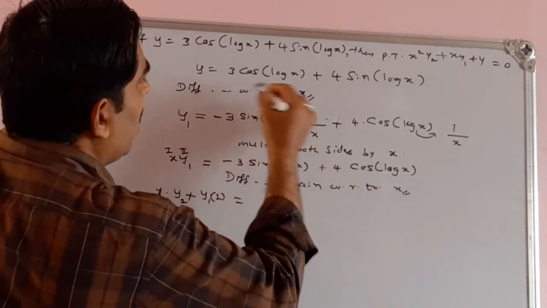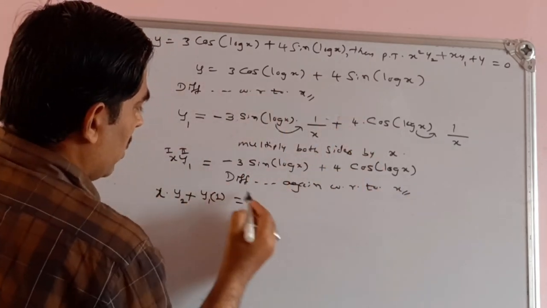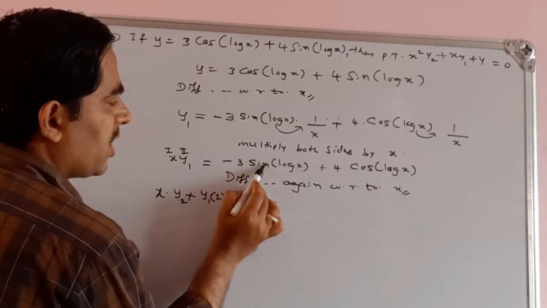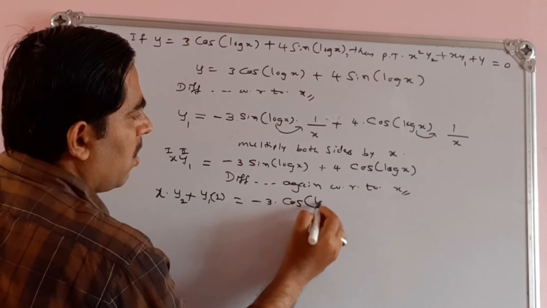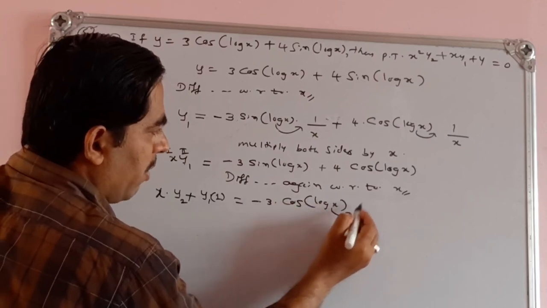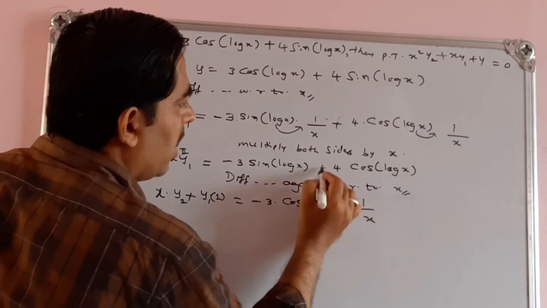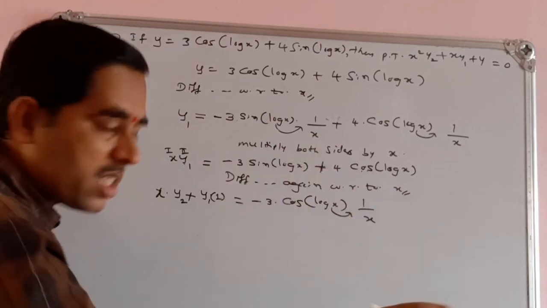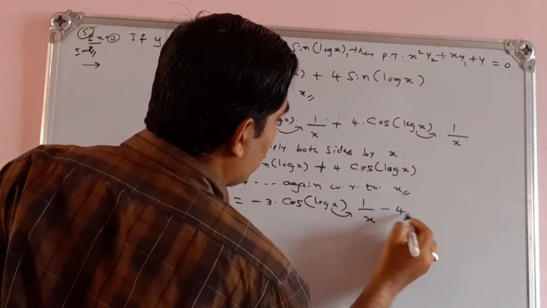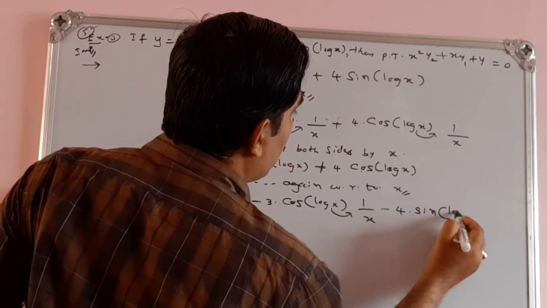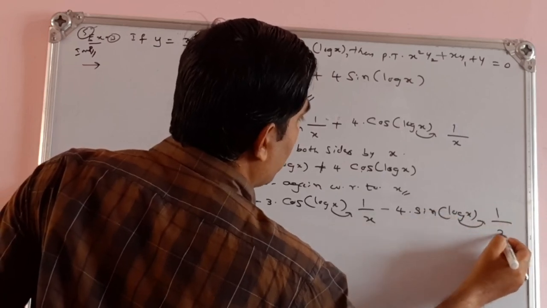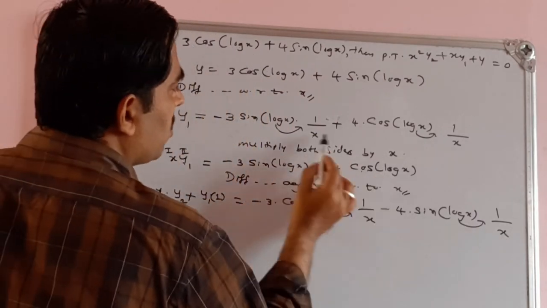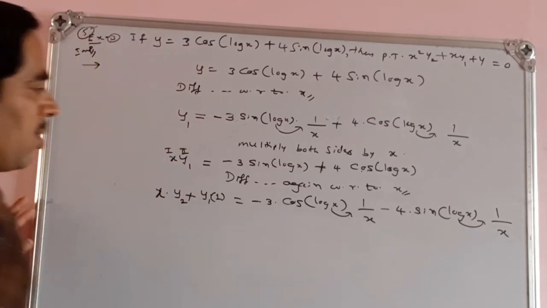Then on the right hand side, the first step we have done, we have to repeat it. Derivative of this term: minus 3 as it is. Derivative of sin of log x: derivative of sin x is cos x, that is cos of log x into derivative of log x, the inner quantity, 1 by x. Then here plus is present and cos is there, so the derivative of cos x is minus sin x, that's why this sign becomes minus. Derivative of cos x gives sin x into the derivative of log x, 1 by x. So once again I got x in the denominator. Here we multiplied both sides by x to get rid of this x, so once again we have to multiply both sides by x.